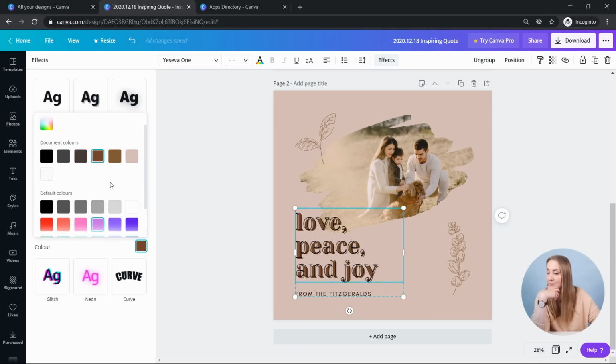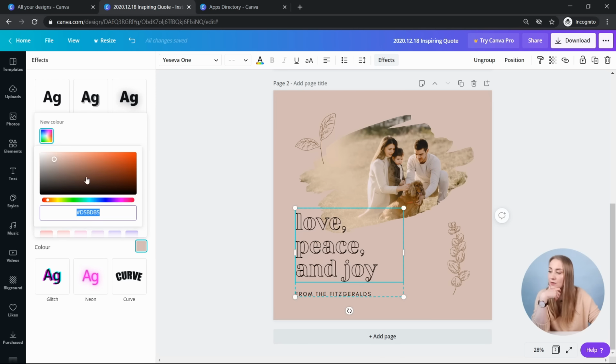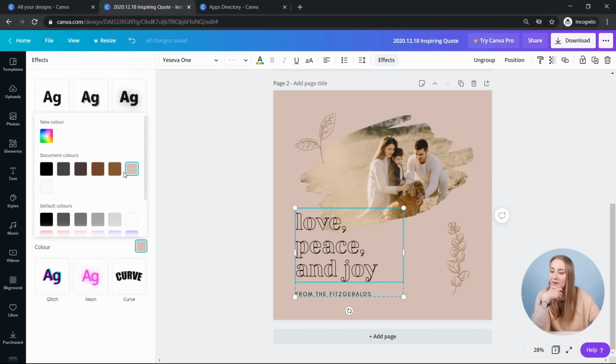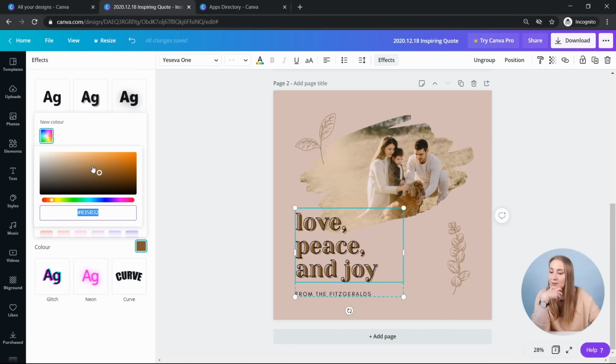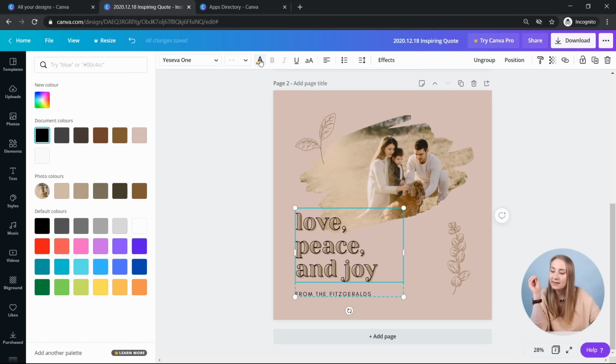Let's pick something from the palette in here. If you choose a color and nothing really works for you that way, you can click on that new color and again play around with these different options, and this is what I find a bit more appealing. You can obviously not be so monochrome in this, but if you click text color in that particular effect with the splice effect, the main color that you've chosen is actually the color that will be the outline. So this is the stroke color within that.